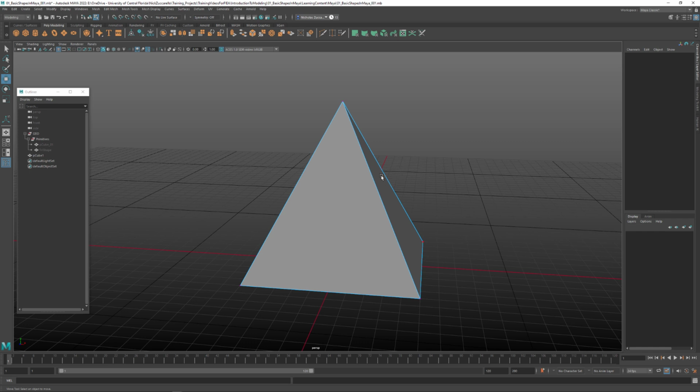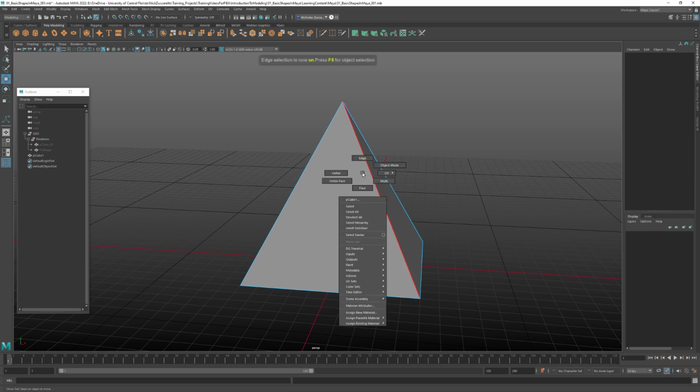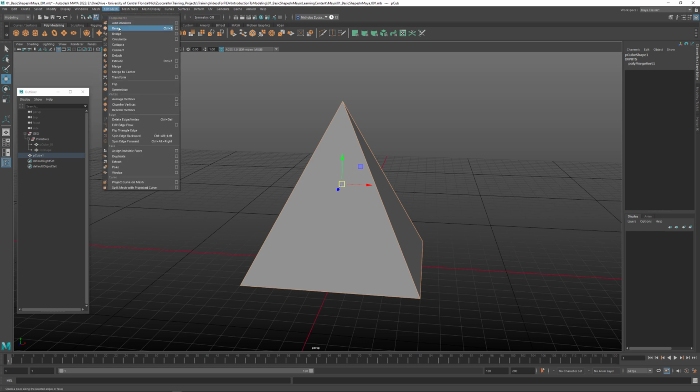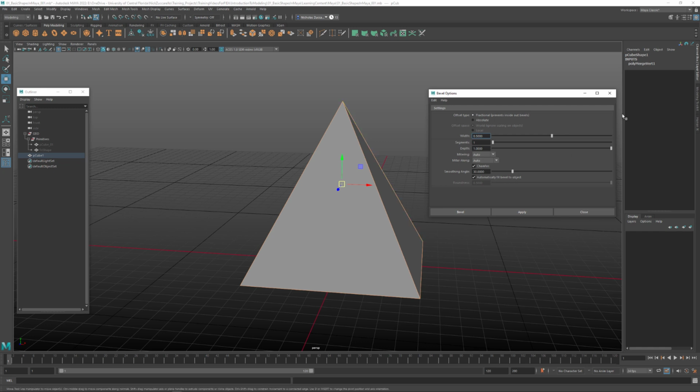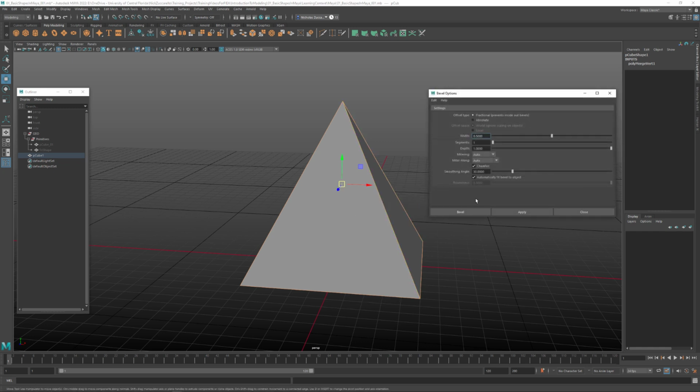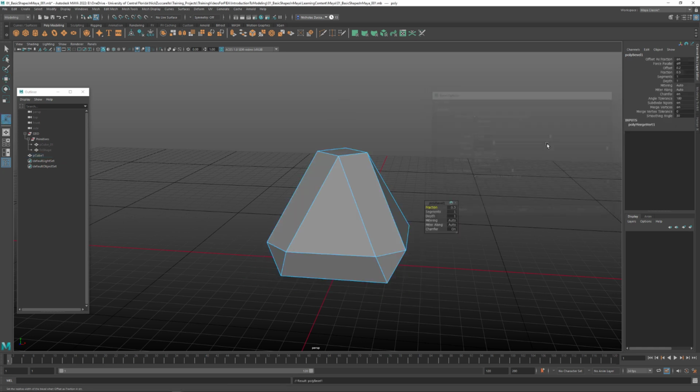If we hit F10 for all of our edges, or remember you can right click on here and say edge, select everything, and we're going to do the bevel. So again, that is under Edit Mesh, and we can do the bevel, we can do the option box there, or we can shift right click and say bevel and do the option box there. So either one you want to do. I'm going to go ahead and hit apply. I'm going to go change the options for this. And what I could do is if I start to notice that I want to keep these same options on here,